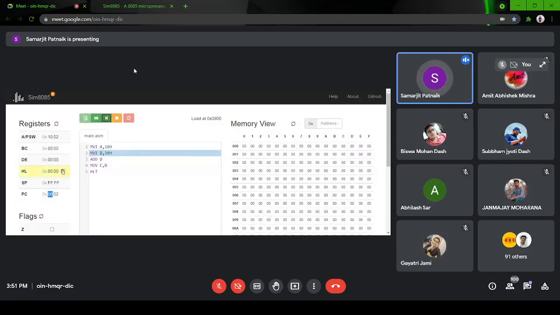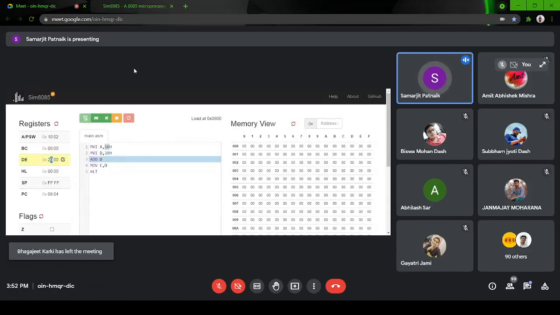Once I run this instruction, what happened? Look carefully: the accumulator contains 10. That means accumulator A holds the value 10. Now I'll run the second instruction. Now register D contains 20.